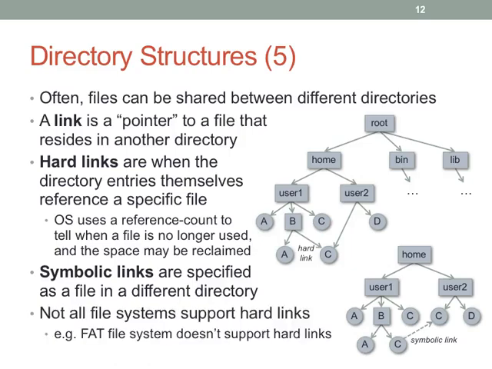Last point on this slide is that not all file systems support hard links. FAT is an example of a file system. You might be asking, why in the world are we talking about FAT? Well, it turns out that the USB plug-in flash drives and a lot of the SD cards and so forth use a variant of FAT, because every OS knows how to access that. By using FAT on your USB flash drive or your SD card, you know it's going to be readable on whatever OS you use. So it doesn't support hard links. Nobody really cares. Nobody expects that.